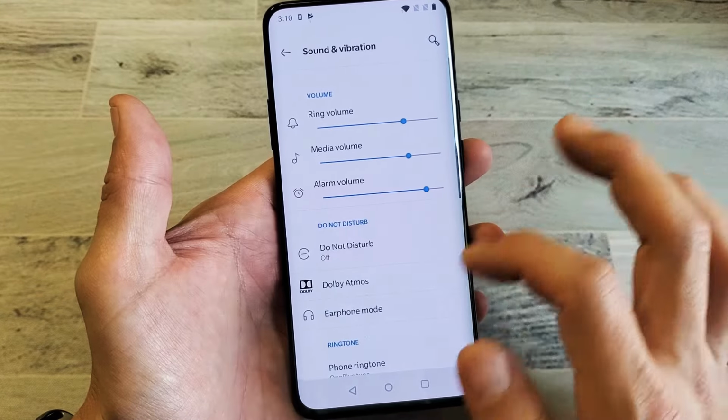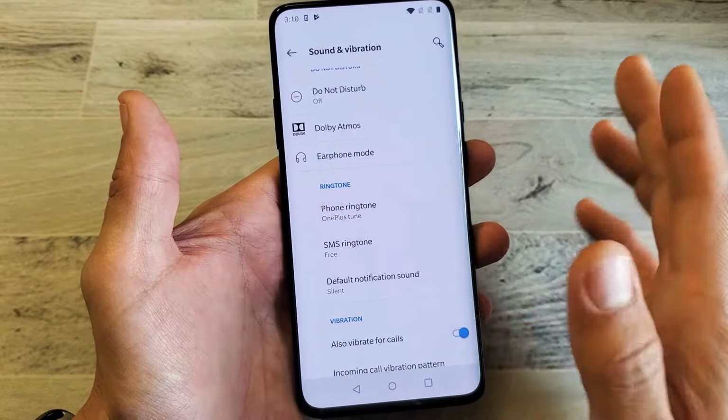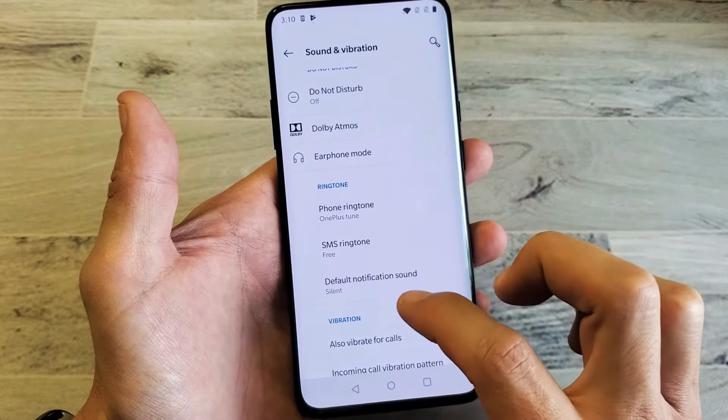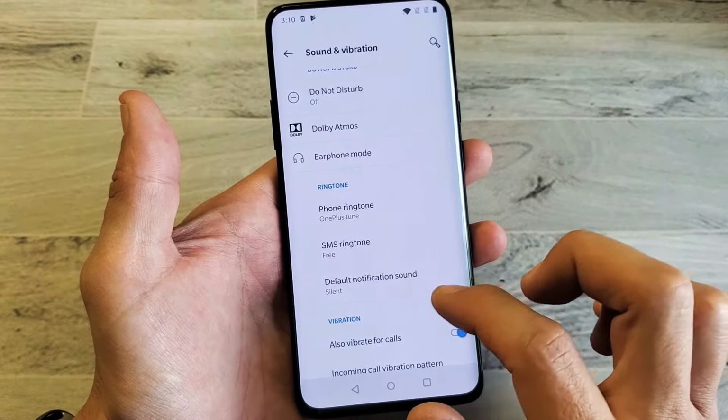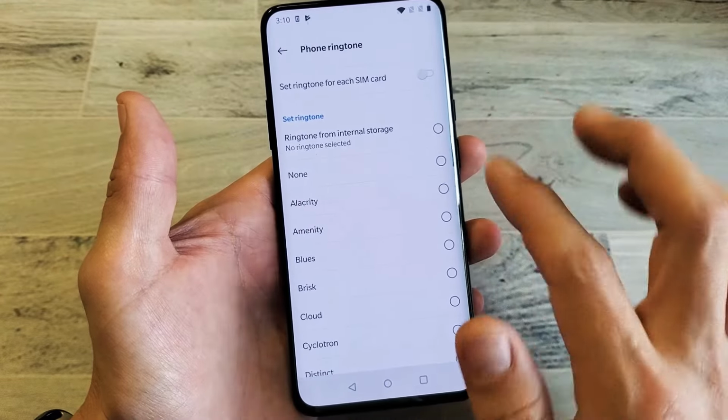Tap on that, and then go ahead and scroll down, and under ringtone, it says phone ringtone. Now take note that you can change your text message ringtone as well. You can also change the sound from your notification. Okay. Anyways, for this video, it's just the phone ringtone. When somebody calls you, they're going to be hearing this